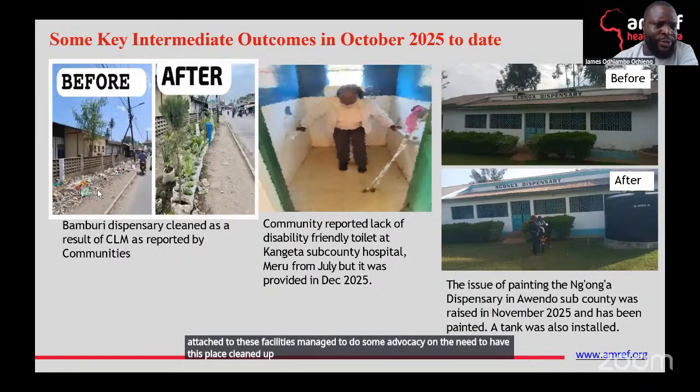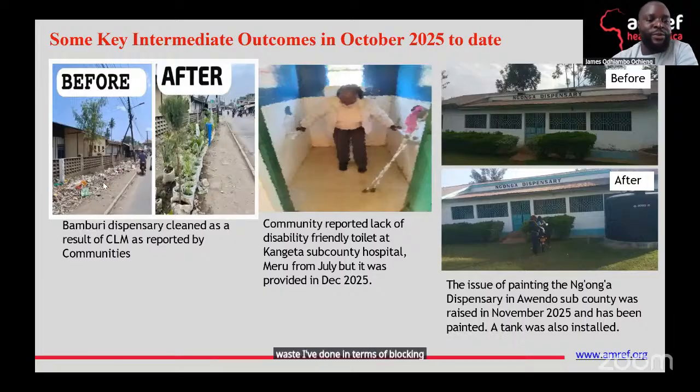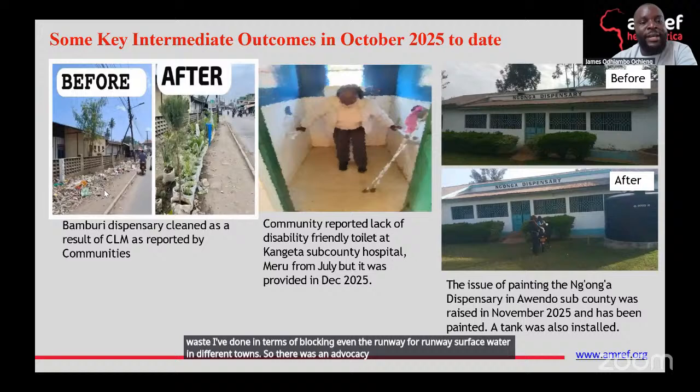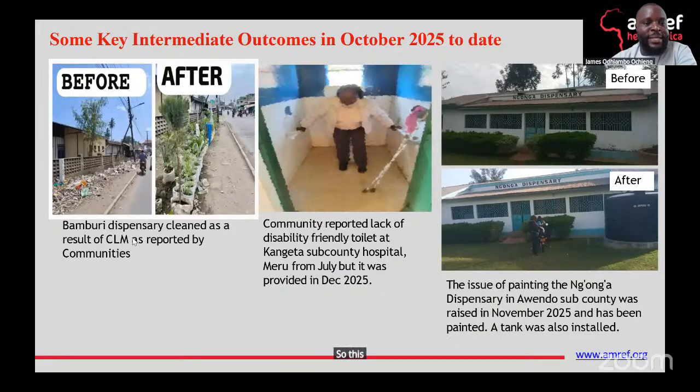We've seen what this kind of waste can do in terms of blocking even the runway for run-off or surface water in different towns. So there was advocacy that was done. The place was cleaned up, and now we have it well beautified with different flowers and trees. This one is very recent. It has not taken very long.